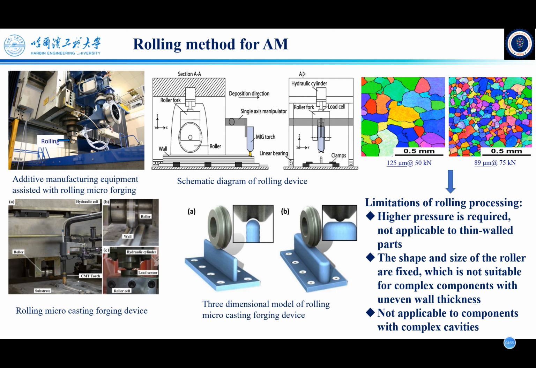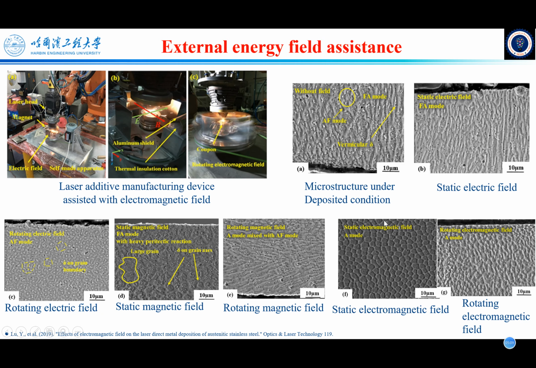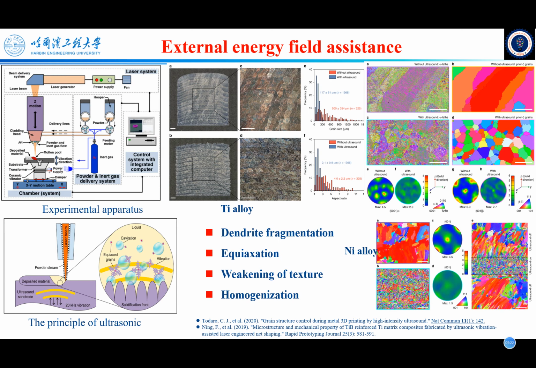The shape and size of the roller are fixed, which is not suitable for complex components with uneven wall thickness, not applicable to components with complex cavities. For the external energy field assistance, there are